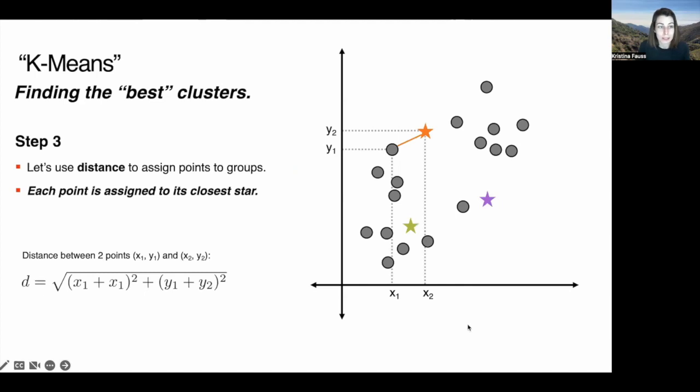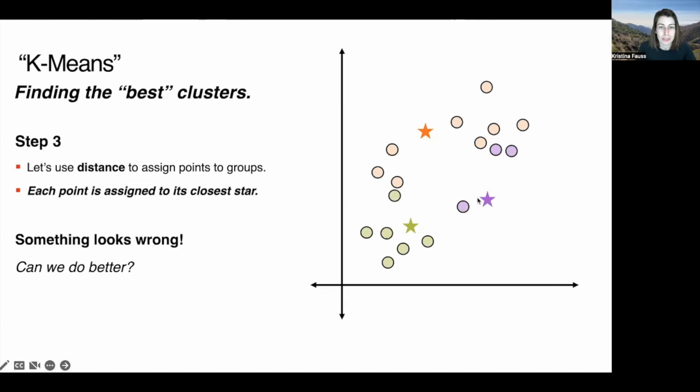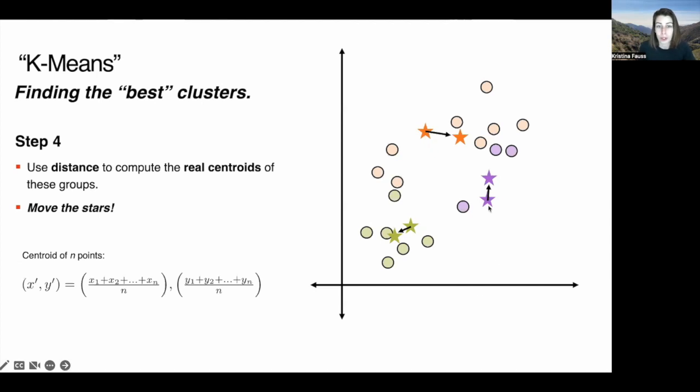So the next step is to use distance to assign these points to their groups. So you can see here this complicated distance formula, which I left up there if you're curious about it. But essentially, we're going to calculate the distance between this point and each star that we guessed earlier, and then assign that point to the star it is closest to. And we're going to go through each of these points and repeat that process until we have labeled each point with its group. And you can initially see we did an okay job, but I think we can do a lot better. And that's where we get into the next idea, where we're going to start moving